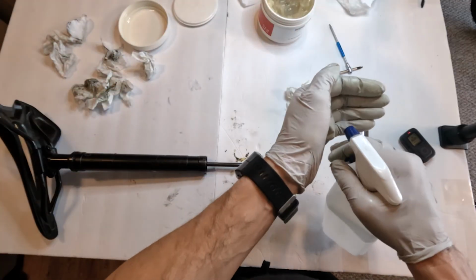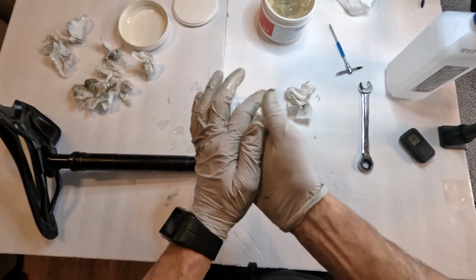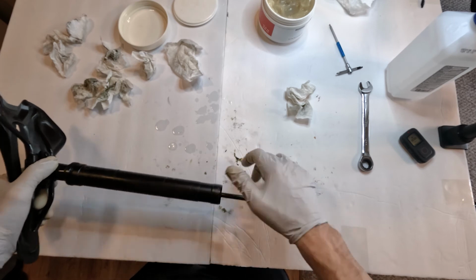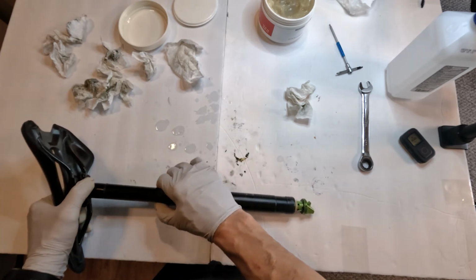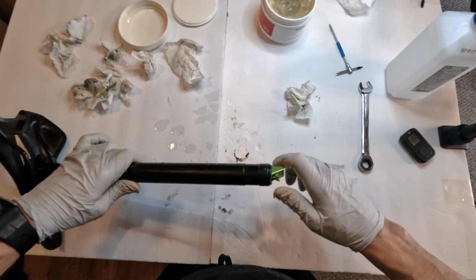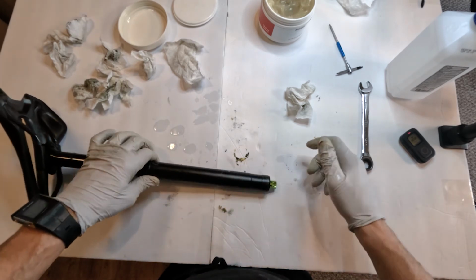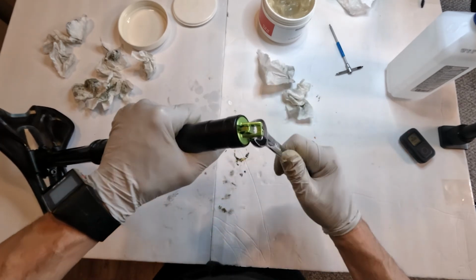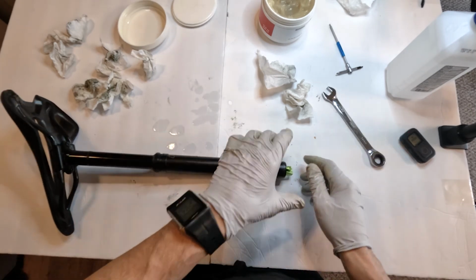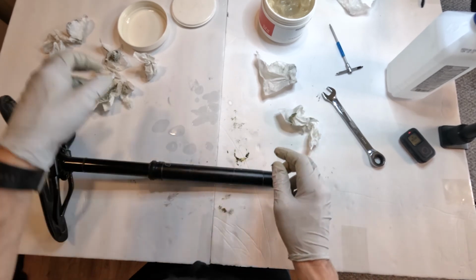Okay, so now let's not get grease all over my suit. Take this guy, drop him down, and thread this guy in. Right, take our 14. Let's not go too crazy on it. Tighten it hand tight. Right, I'd say about, I don't know, 5 Newton meters, give or take. And all we're left with is